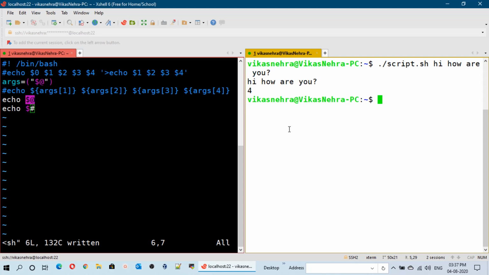Like this, whatever we will mention on the input at the command during the execution of the script, that will be printed using the arguments. We can use the names or we can use anything like this: Vikas, Nehra, Tom, Max. So whatever we will mention, that will be printed here. Or we can mention here,